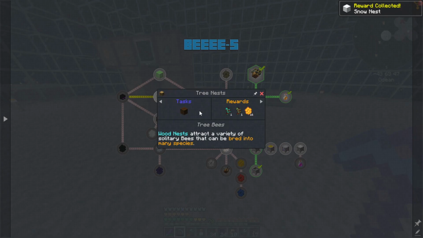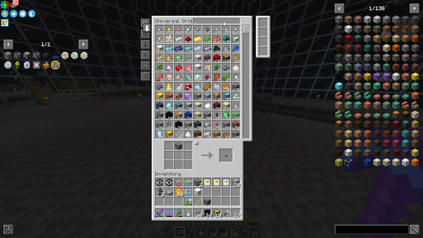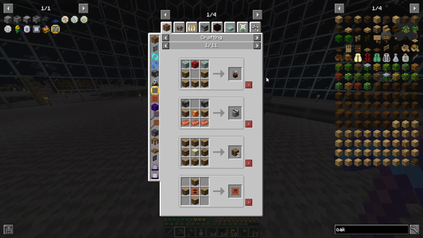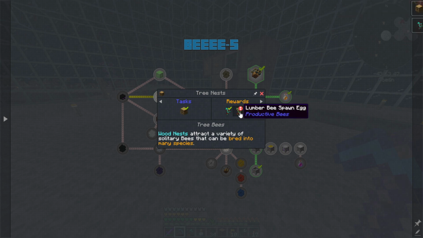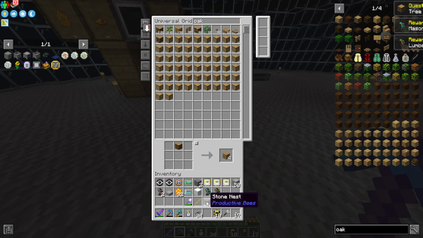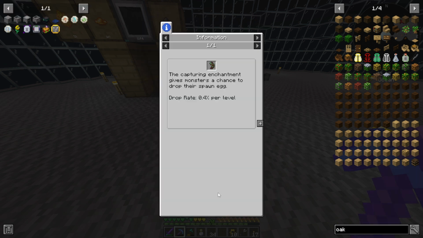That's a snow nest. That'll be good. Tree nest. This is what I am looking for. Because, let's see. Oak. Let's see, oak nest, right? I'm assuming it's just going to be a wooden sword. Where is it? Yeah, it's just going to be a wooden sword. Okay. So let's make one of those. That's going to be a quest complete as well. And it'll give us a mason bee, a lumber bee, and a honey tree. Which actually means I don't need the nest. Because the lumber bee is what I wanted. The lumber bee...